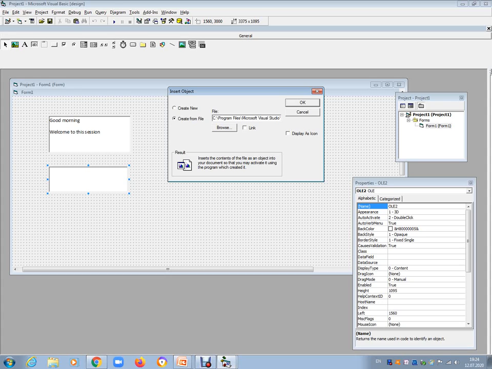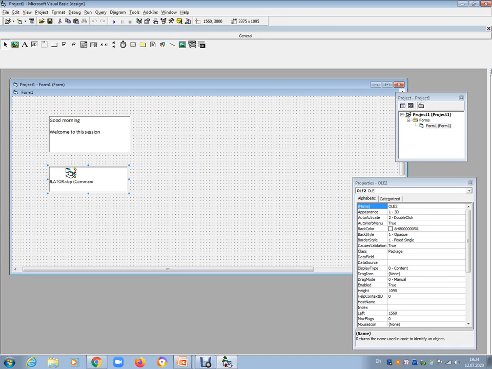If it is linking, just click the Link checkbox, then press OK. Now it automatically creates a linked object.